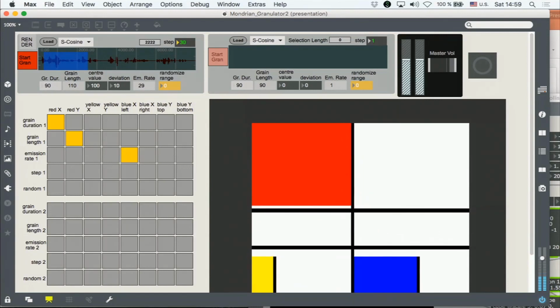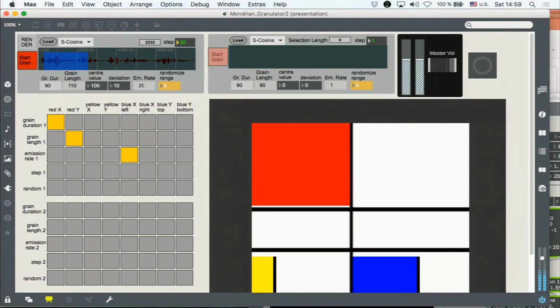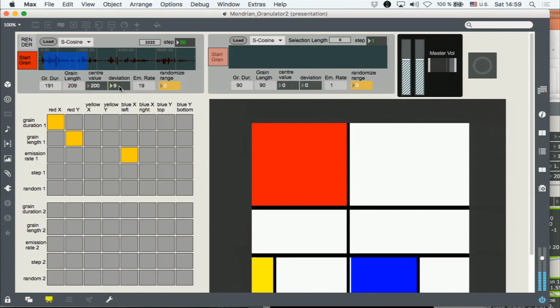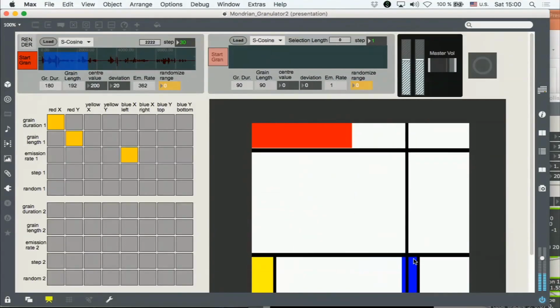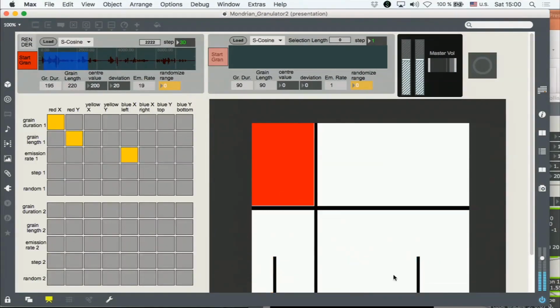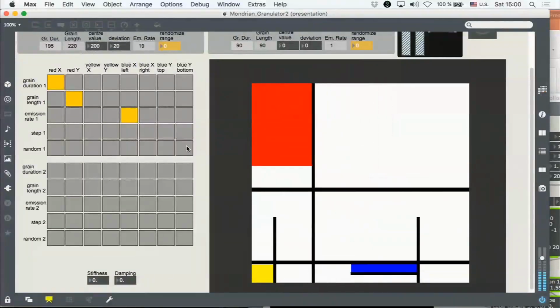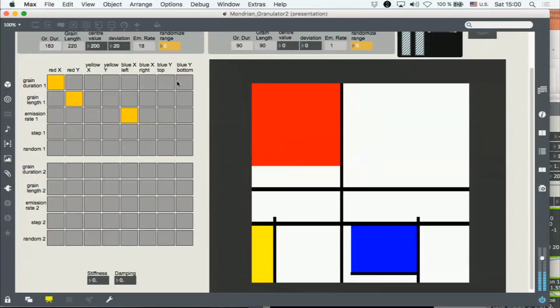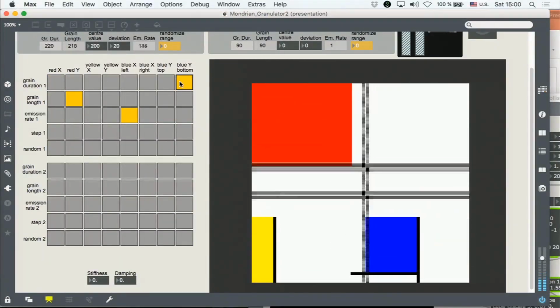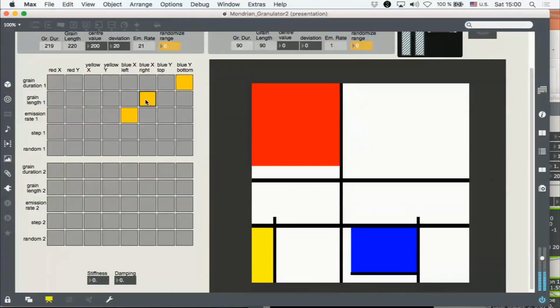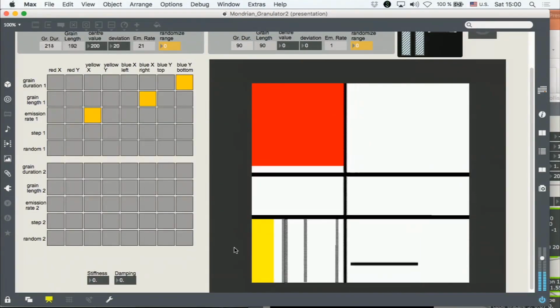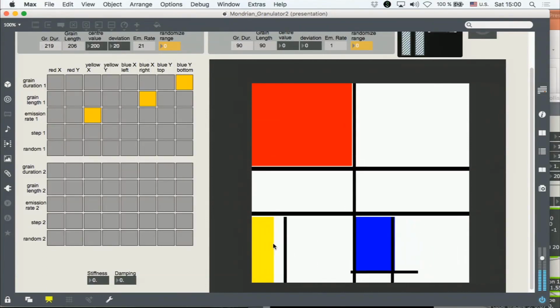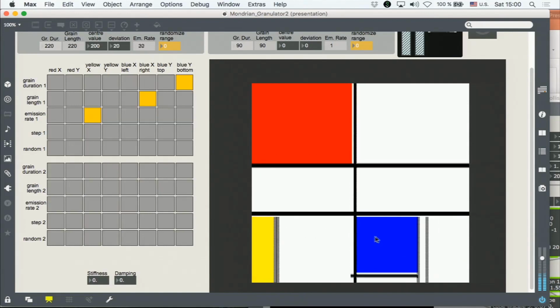Again, I'm not very sure why. I'm just trying out a few values here, to try to get different results. And they're hard to catch with the mouse when they move.